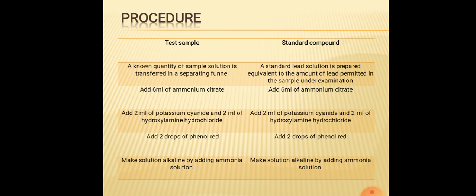After the addition of ammonium citrate, add 2 ml potassium cyanide and 2 ml hydroxylamine hydrochloride. After that, add 2 drops of phenol red and make this solution alkaline by addition of ammonia